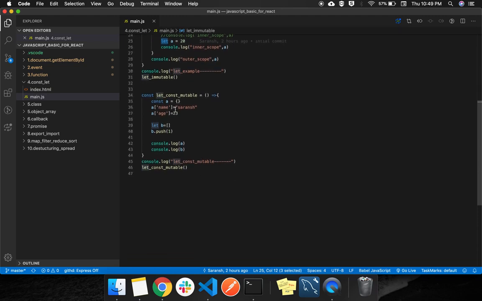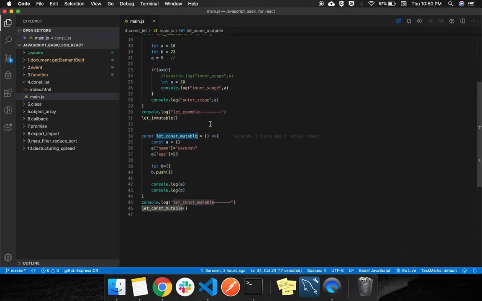Now let and const in the mutable part. We have discussed the integer and string part, which were immutable. Now we will learn the mutable data types, which can be changed. There are two types of mutable data type in JavaScript: object type and array type.